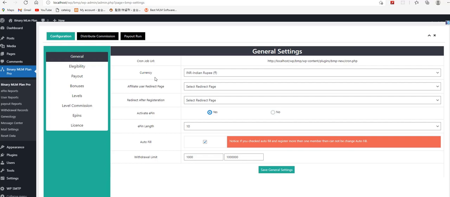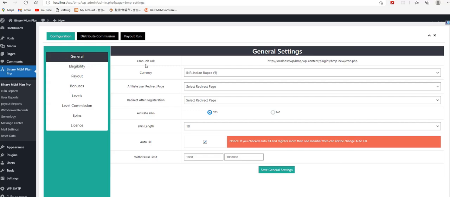In this first video, I will update you about the settings, what they mean, and how our system works. After that, I will also show you the front-end functionality.